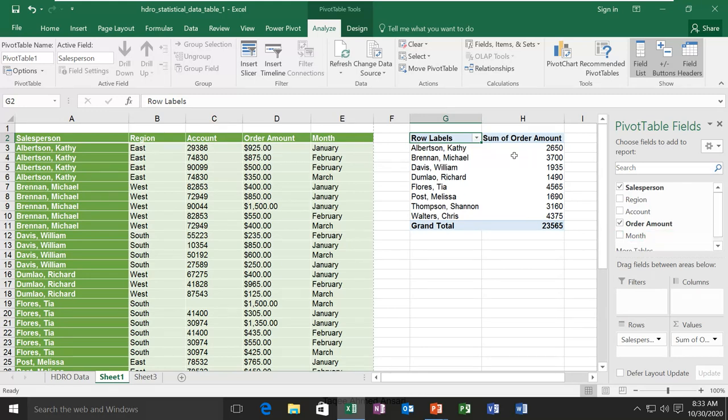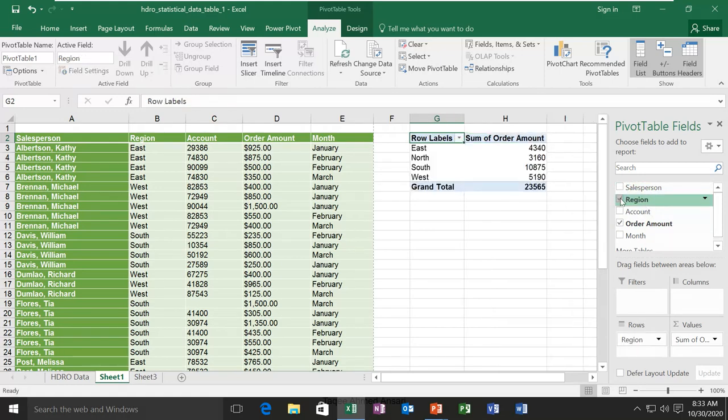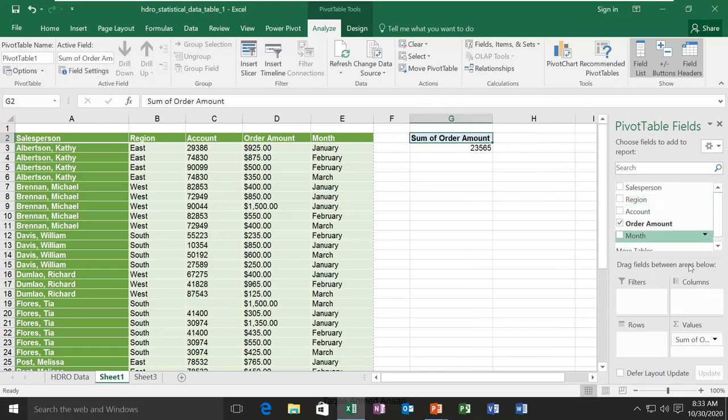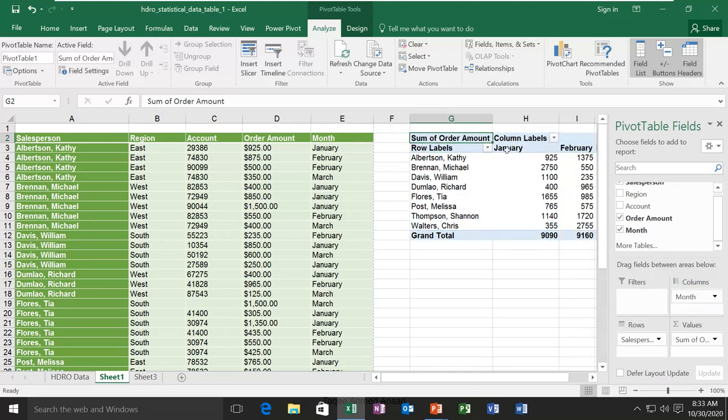I want to see this, not salespersons. Let's say I want to see based on regions. Now you can see based on regions. You can also do drag and drop, like you select this and you can drag it here in the row, and if you also want to drag, then you can drag it here in the column, so you will have more columns. Now you see the more columns here. So this is the easy way to manipulate your data according to your requirement.